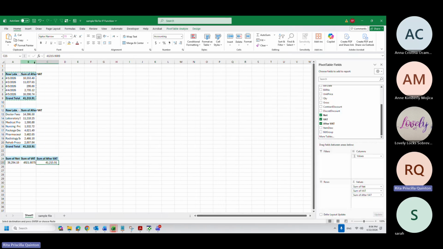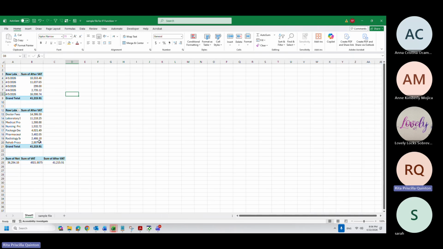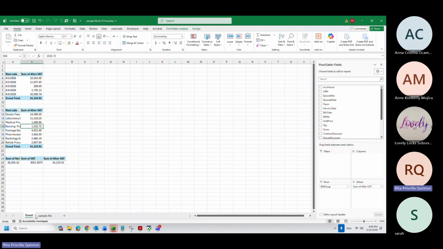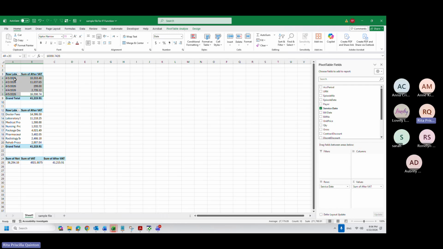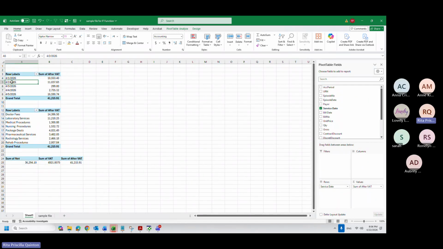This is a shortcut to make multiple pivot tables within one sheet. From the pivot table, make sure that your table is correctly sorted, otherwise it will also affect your chart.